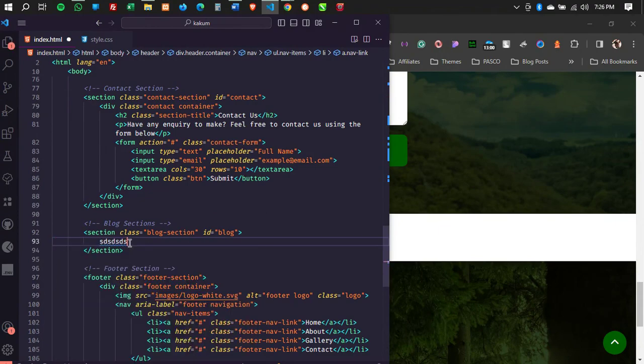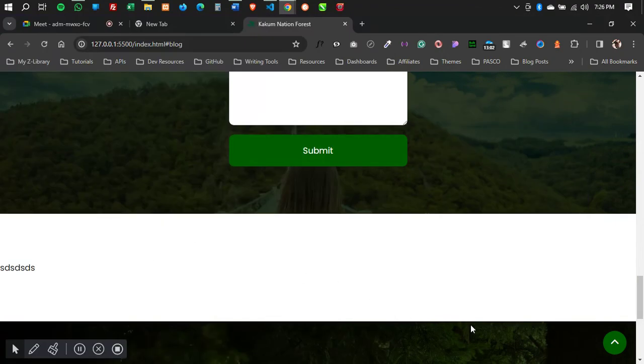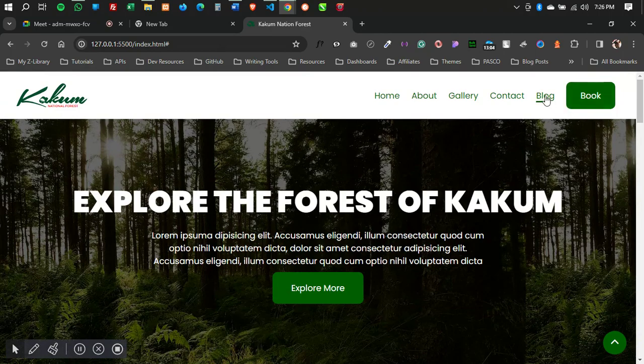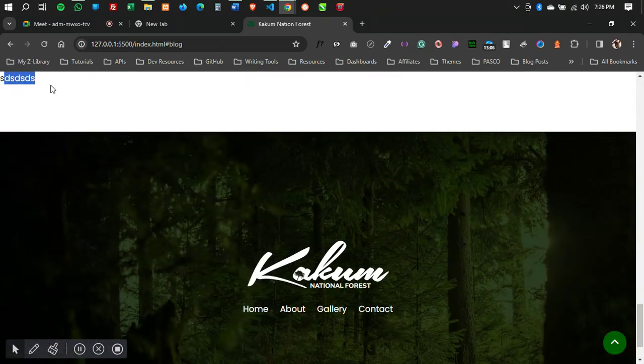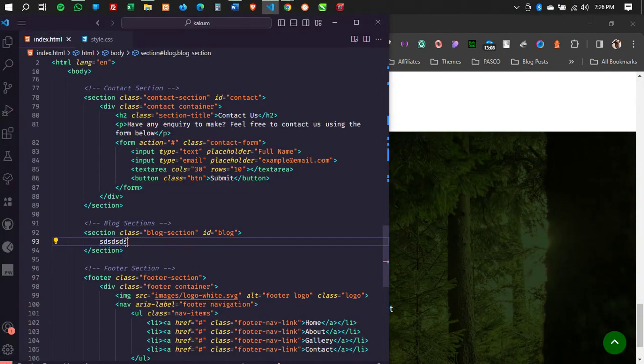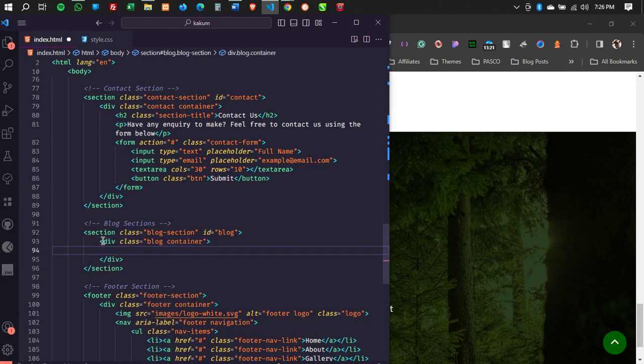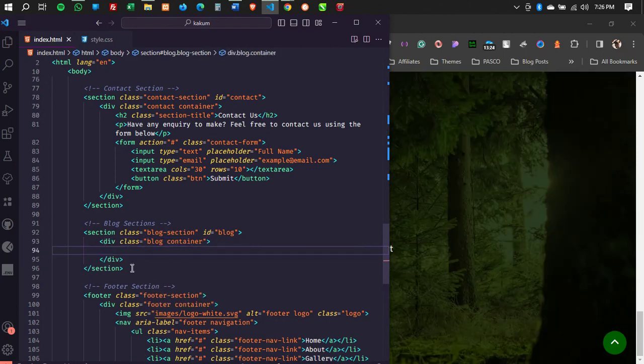All right, so if I click to go to the top and come to blog, it takes me to where I have that, right? So now let's move on to developing our blog. So now I have a div with class of blog and container, just like we used our container element to style everything. And then in each of this we are going to have, before that,